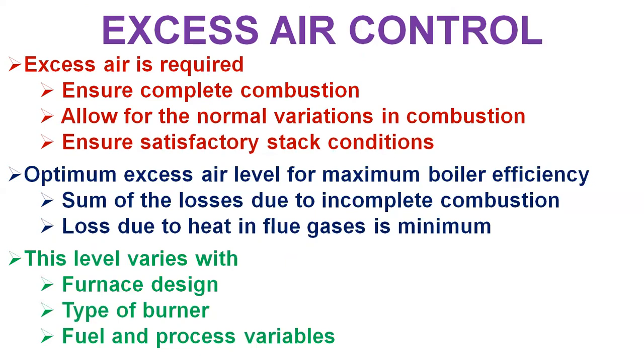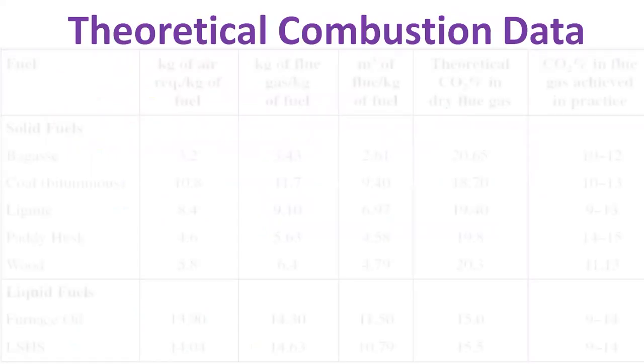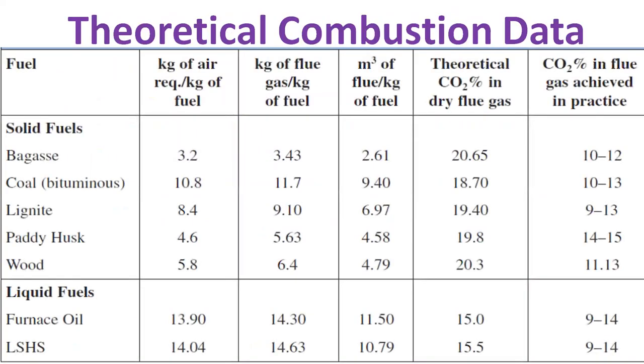This level varies with furnace design, type of burner, fuel, and process variables. It can be determined by conducting tests with the different air-fuel ratios. Now, the table shows the theoretical combustion data for solid fuels, which are bagasse, coal, bituminous coal, lignite, paddy husk,